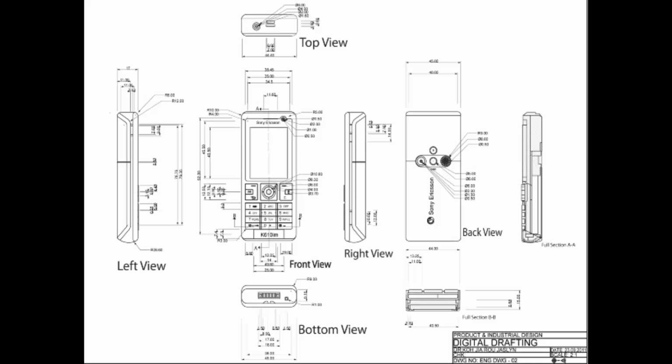So engineering drawing is actually the starting point for the product design. So the design engineers will be working with the engineering drawing, and then they will be creating a two-dimensional or three-dimensional model using CAD software based on the engineering drawing or the technical drawing. So technical drawing serves as the input.